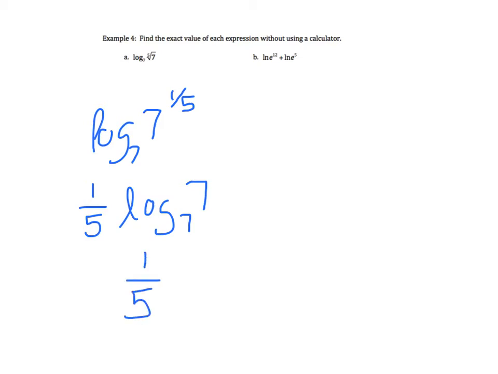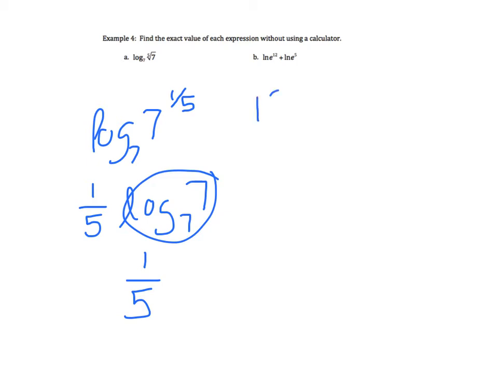The other way to think about this is that these are inverses of each other, so they cancel, and you're just left with 1, which is the property we learned from the previous lesson. Either one can be used for b. If you see it by using the multiplication or the product property,